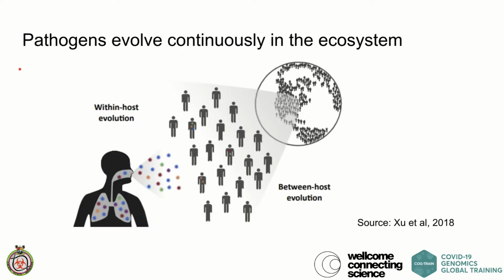So in context, as we all know, pathogens evolve continuously in the ecosystem, and this can happen within a host, that is when an individual is infected with a virus. This virus replicates, and during the replication cycle the virus would undergo certain mutations. However, these are rare mutations, which is to say the differences between the viral copies in this individual are all the same except for certain differences that are hard to pick up. And also we can have